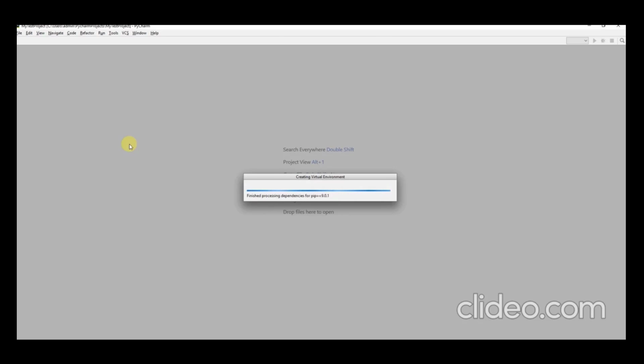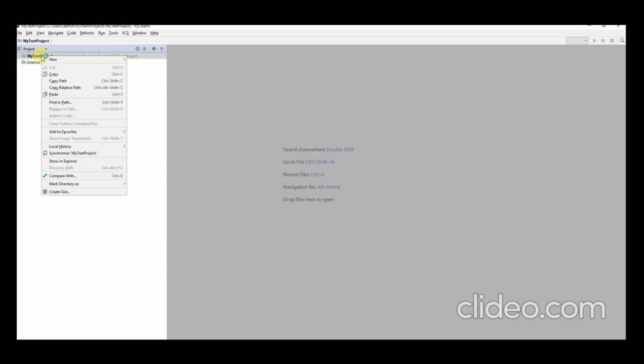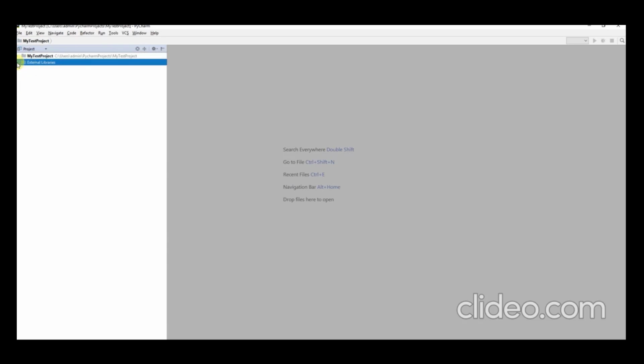Let me right click on this project. If you expand external libraries, you can see all the stuff. Under this project, I'm going to create a new Python file. Here you need to give the name of the file. Let me give something called test, and we need to save this file with a .py extension. Now the file is created here, and it also gives one editor here. So here we need to write the Python code.